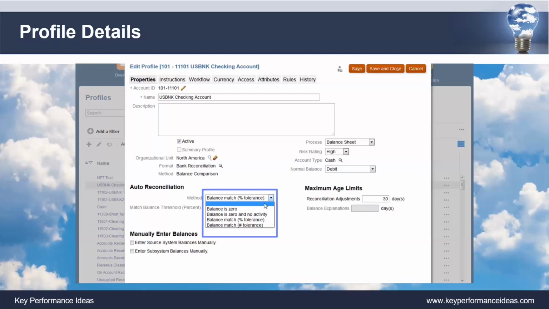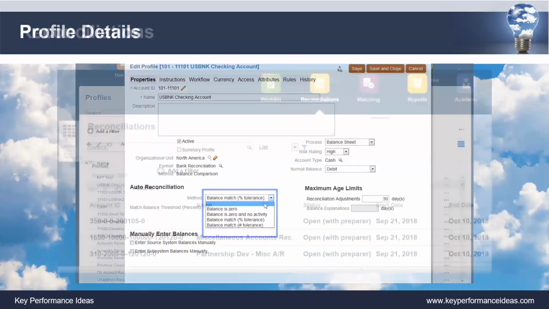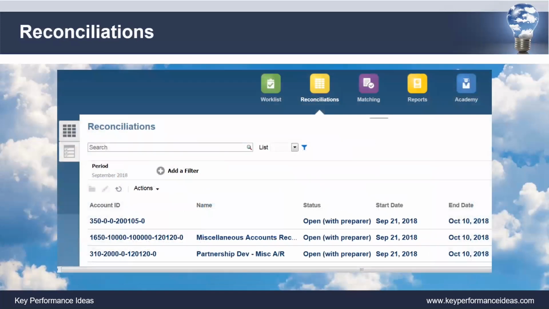You have on the matching side, this is the transaction matching, which allows you to have a percent tolerance and a dollar tolerance of maybe it's down to the penny or maybe it's not, and that tolerance moves it to an auto close state where it is closed and it is moved on up the chain. You can also manually enter balances throughout the process, and you can have age limits. We have an organizational unit as well as the method there and the account type. So all of this hangs together within the profile,